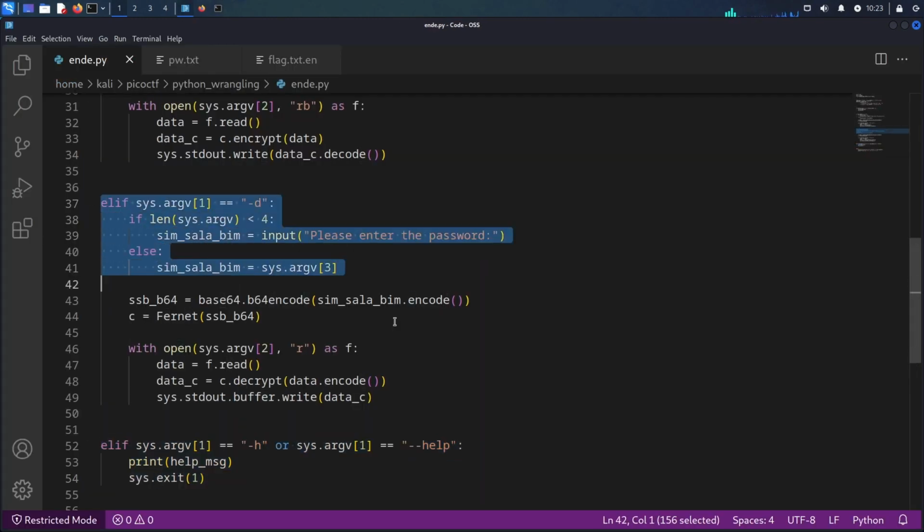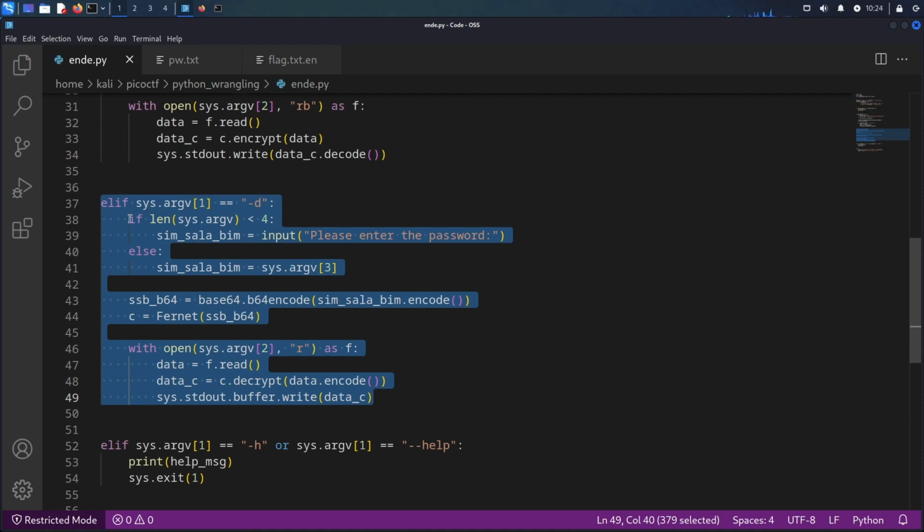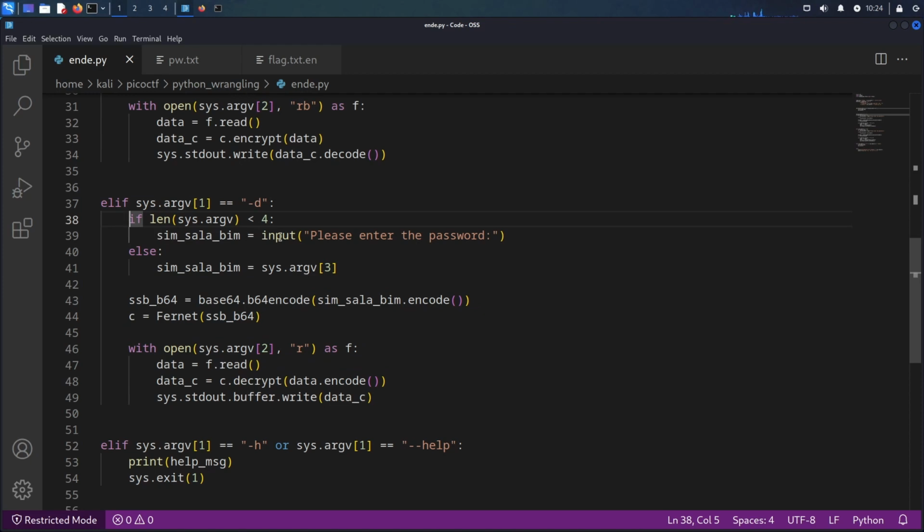So just focusing on the code for the D flag, if there are less than 4 arguments in the command line, it will ask for a password, but if it has 4 or more arguments, it will assume the 4th one is the password. So then the password is going to be base64 encoded and then fed into the Fernet function. Then down here, the encrypted file, in this case will be our flag file, is going to be read and then decrypted using that password. So if we jump back to the terminal,